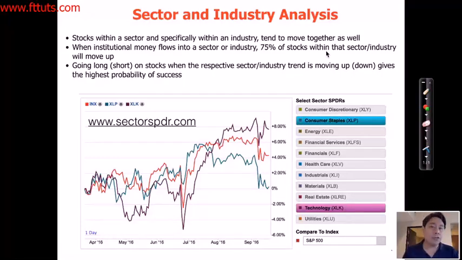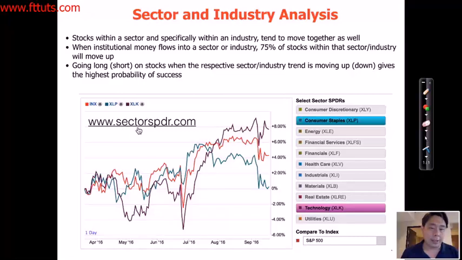Now, an industry is a subset of a sector. For example, the financial sector is divided into several industries, like the banking industry, the insurance industry, the mortgage industry, or the stockbroking industry, right? So the overall sector and the industry trend is really important. So how do we analyze the trend of the sector or the industry? Well, there are a few websites you can go to. One of them is